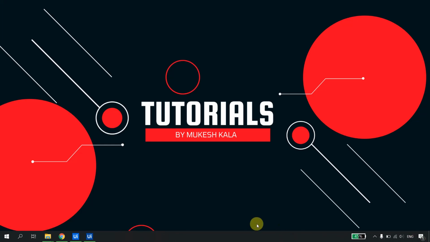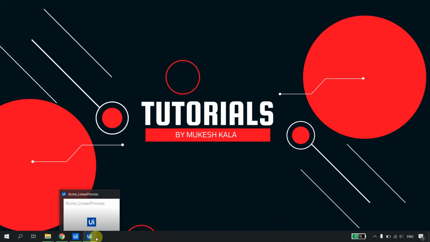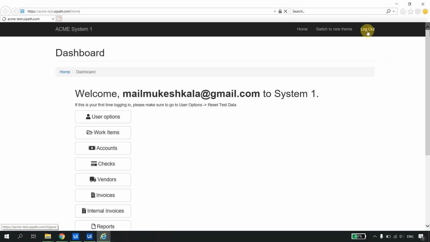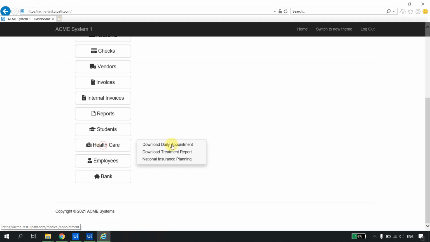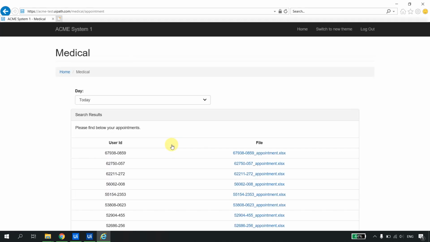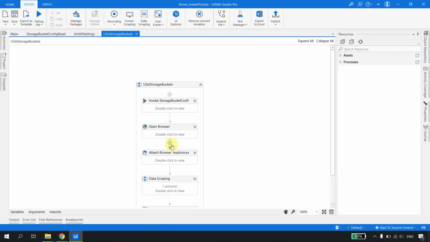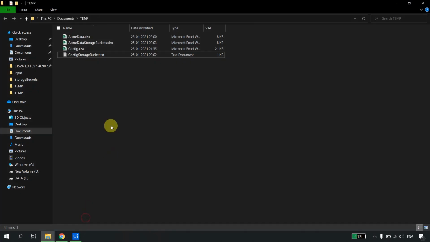Okay, so the bot has started its execution once again. It will again open the Acme site. Okay, it has opened the Acme site. Now it will key in the credential, login, reports, download the appointment reports, scrape the data. It's done. Now let me go back to the temp folder, and if I refresh it, we already have a